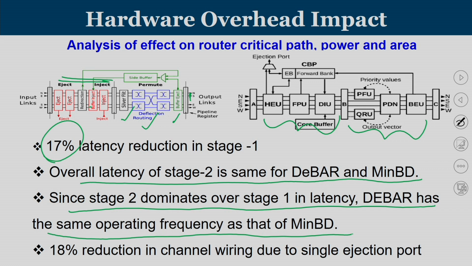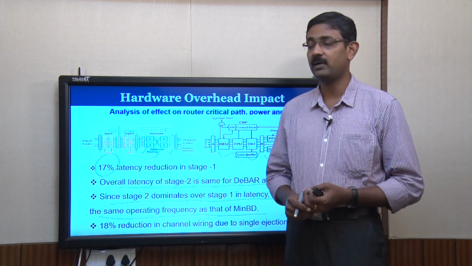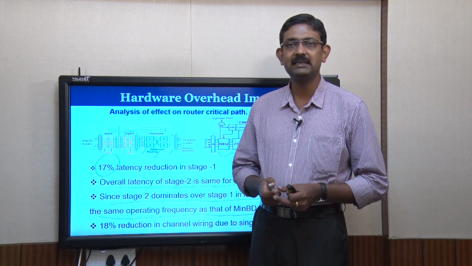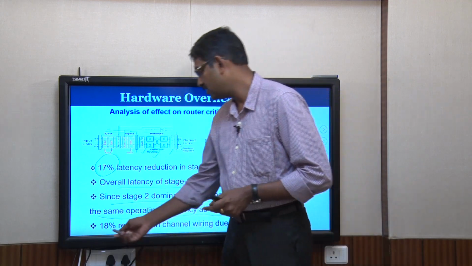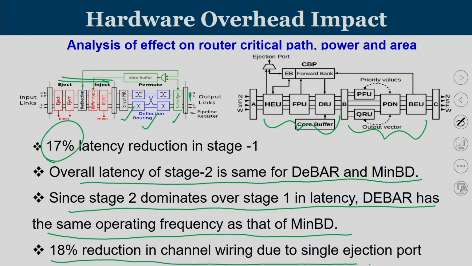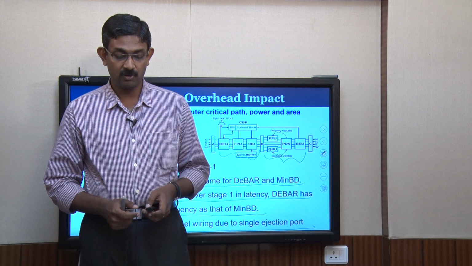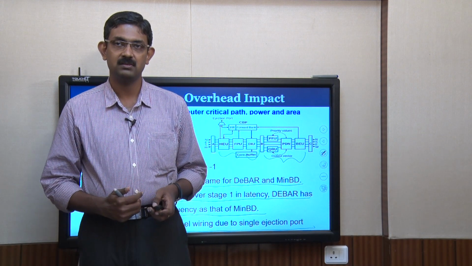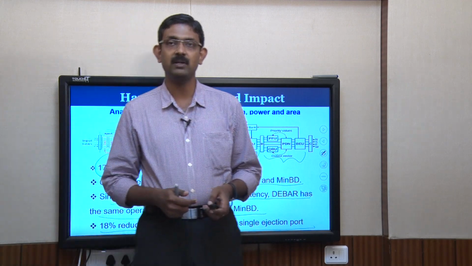So, the critical path of D-bar is the same as that of MinBD. Since the dual ejection bandwidth is reduced, we could achieve 18% reduction in channel wiring due to the single ejection port. So, these are the gains that we get with D-bar routers in comparison with